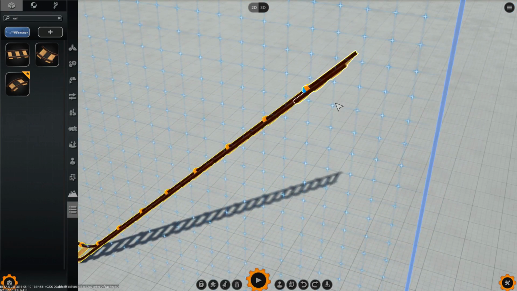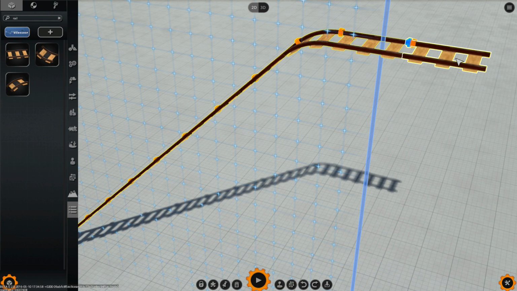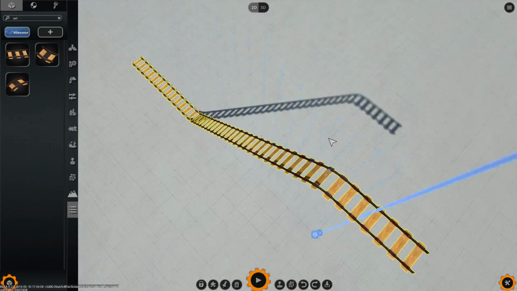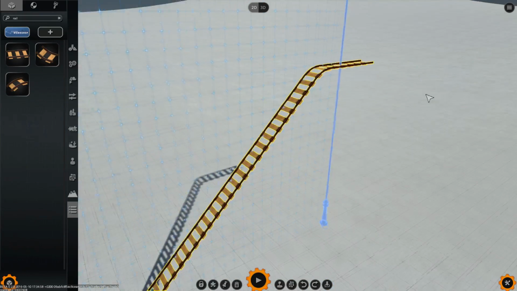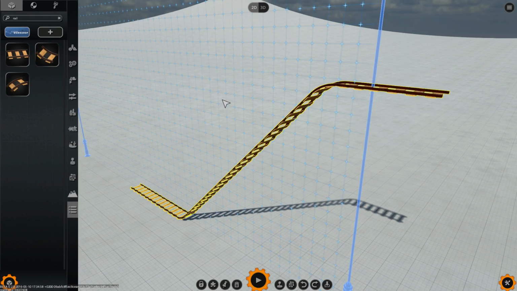So let's say this is our downhill here, and maybe there's the start here. So this is basically the first downhill section of